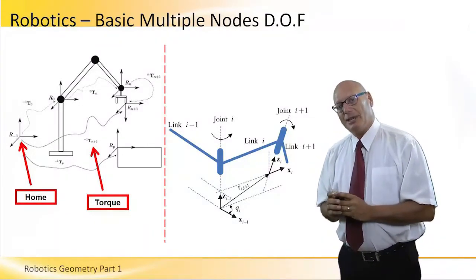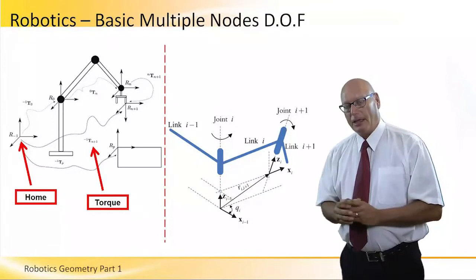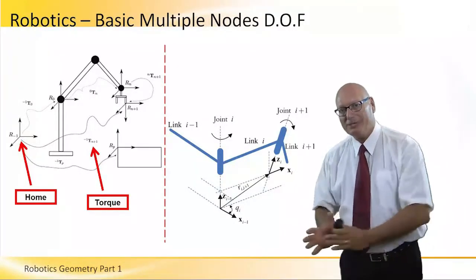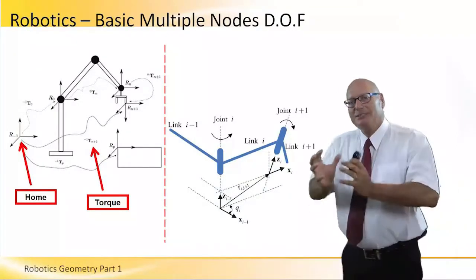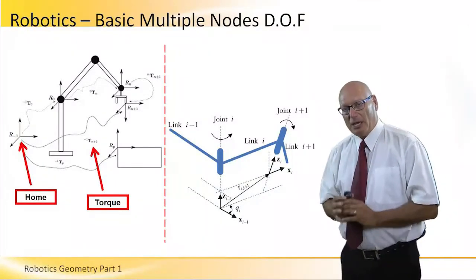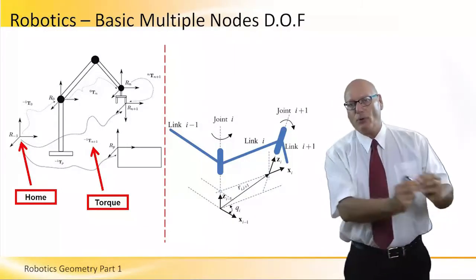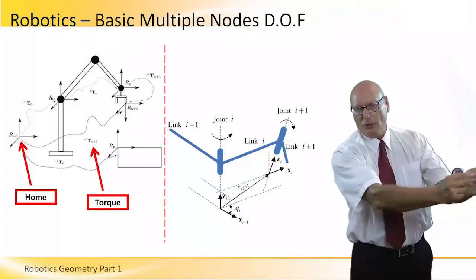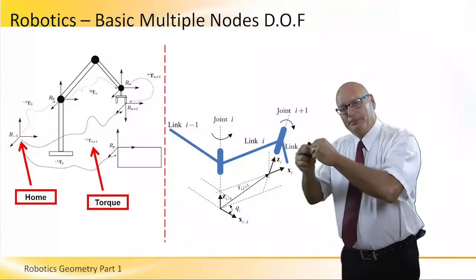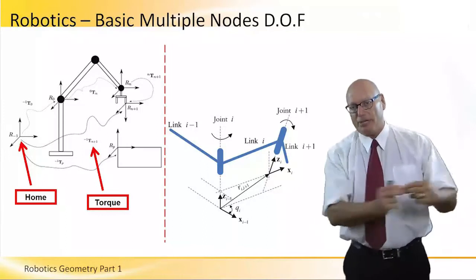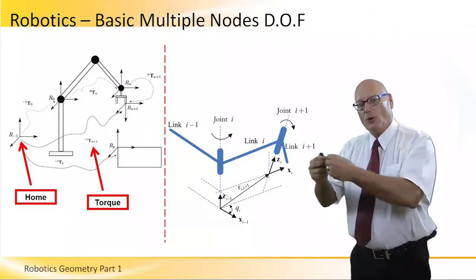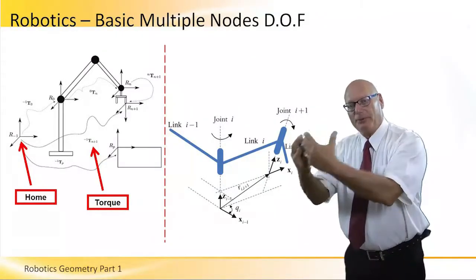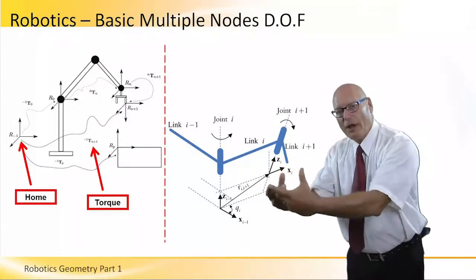R-1 is an external home. The robot needs to have two homes. One of them is external, one of them is internal to the robot itself. External home is a point, a reference, what you call 0, 0, 0, from where the position of the robot is being measured. So the robot working in space, we as planners will know exactly where the robot is